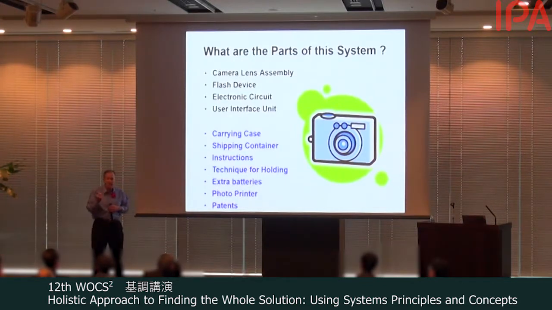You assign ownership by being granted a patent, and that gives your company competitive advantage over other companies. The patent may be a very important part of this total system that makes the business successful. So you need to think of your camera business as part of the system. That's part of the context, and what makes that business successful could be patents. So take a wider view of what are the parts of the system, and you get a better understanding of what makes a successful system.